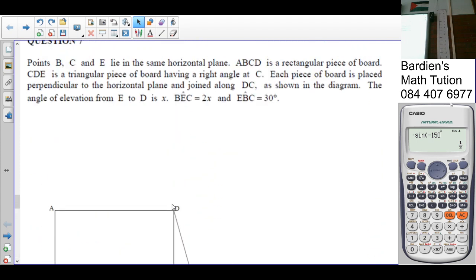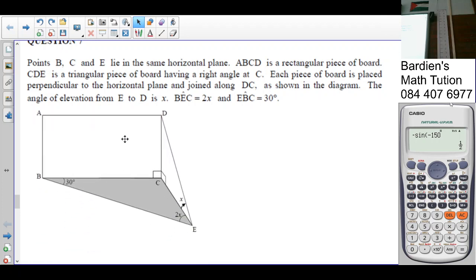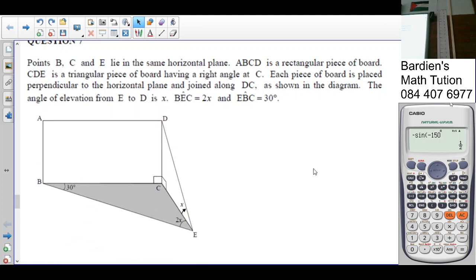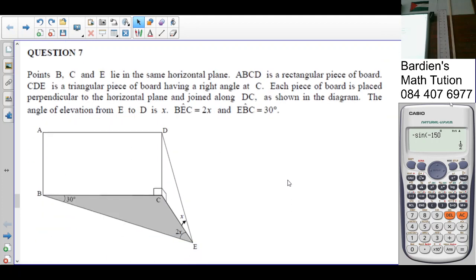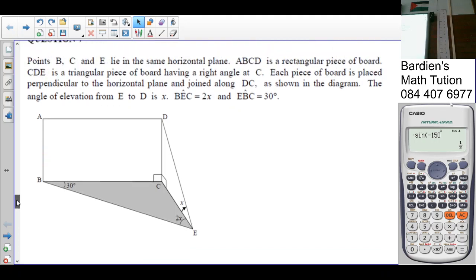So in question 7, this is also a poorly answered question normally in the exam. This is your sine, cos and area rule. You must spend time on this and master it before your final exams, so that we can get these marks, people. Okay, so we are told in question 7 that